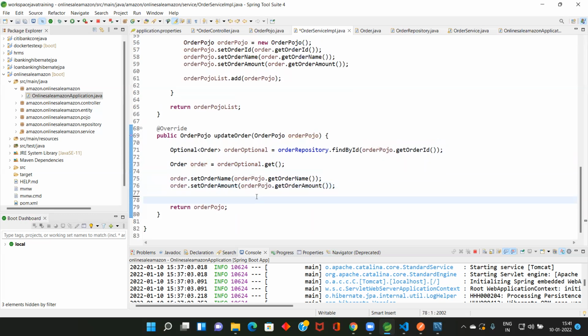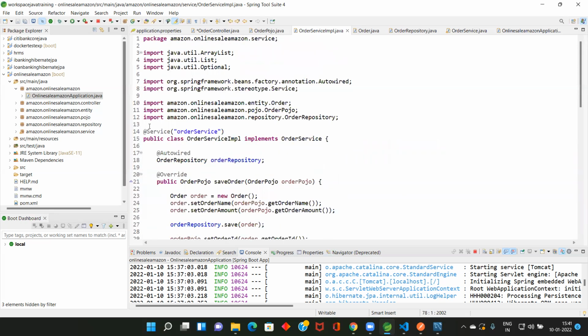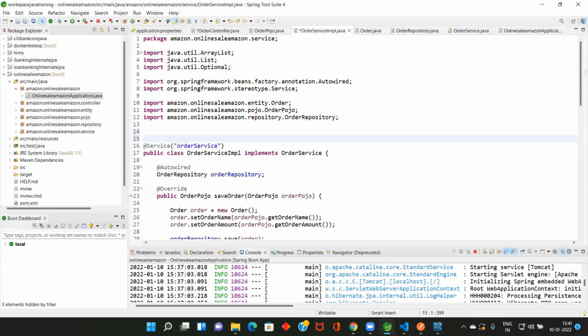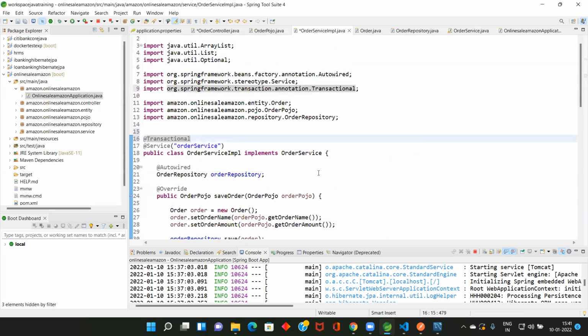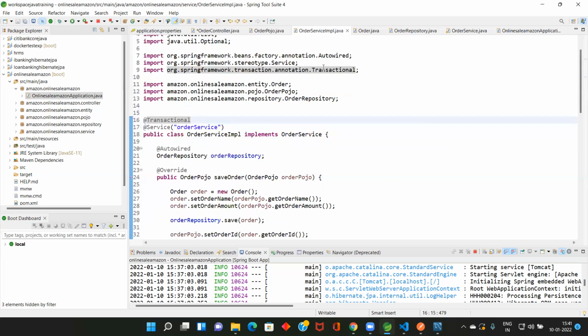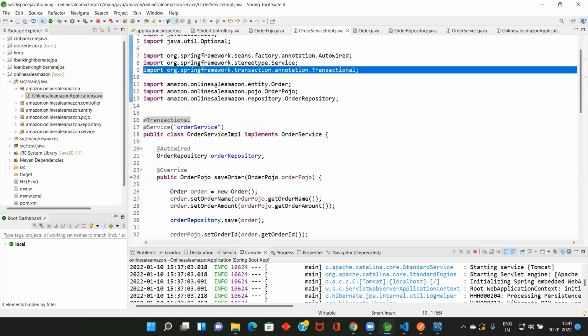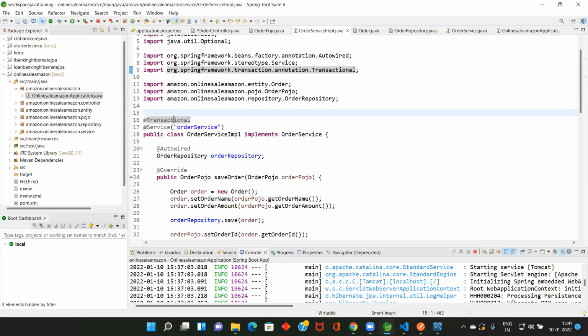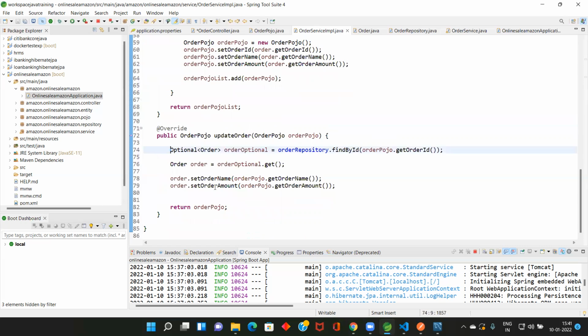No need. Now when you commit, you start the transaction here. Make it transactional. Very, very important. At Transactional. Very, very important. It should be from Spring framework dot transaction. Spring framework dot transaction. This one should be there. Don't use the one from javax persistence. Don't do that one. Start the Spring transaction, so it will start the transaction at method level. So I think you will not have any error here.